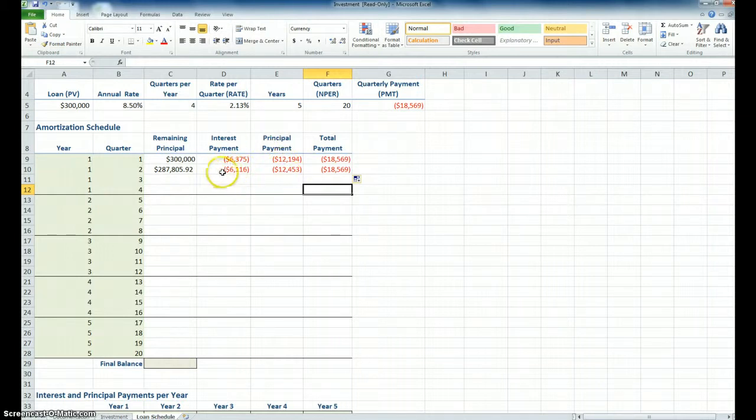Essentially, this payment of $18,567 less the interest means I got more going to principal. Okay, my formula here is C9 plus E9. C9 plus E9. When I copy this whole thing down, which is what I'm going to do,